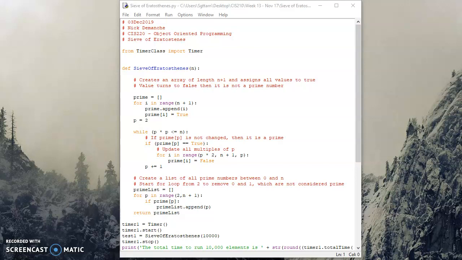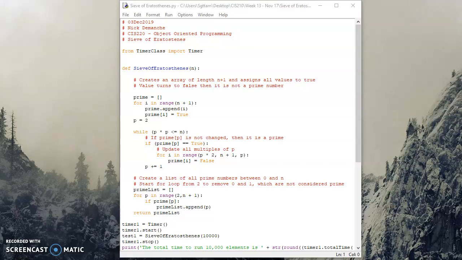This week we were learning about the sieve of Eratosthenes. The basic idea is that it's a prime number finder, and it iterates through whatever your list of numbers is and finds each of them. It starts by basically finding all of the numbers that are divisible by 2, and then it iterates all through the 3's, and basically it just keeps iterating through the list, going through each of the initial list of numbers